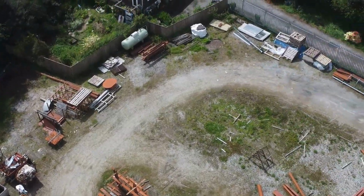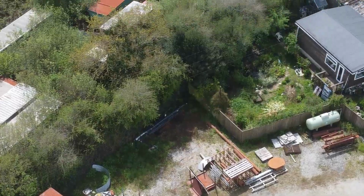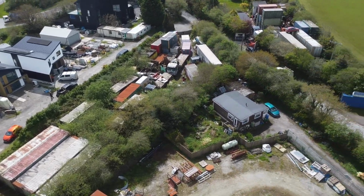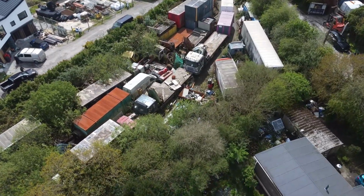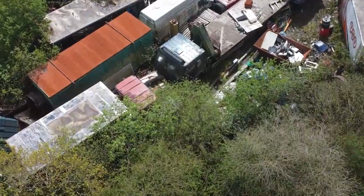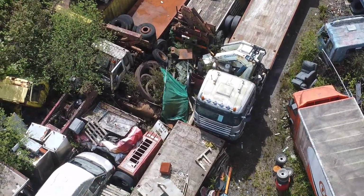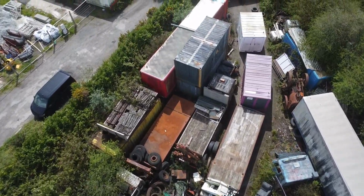Desperately keeping an eye out for these steam engines that are supposed to be around. The problem is there's so much stuff here that it's very, very difficult to see what's what. Check down in that lot a minute and see if there's anything that remotely resembles a steam engine in this lot. There's a huge amount of junk by the looks of it. Yeah, I can't see anything that looks even...